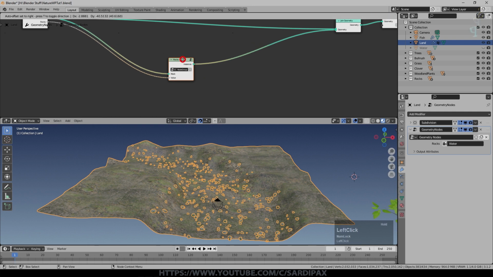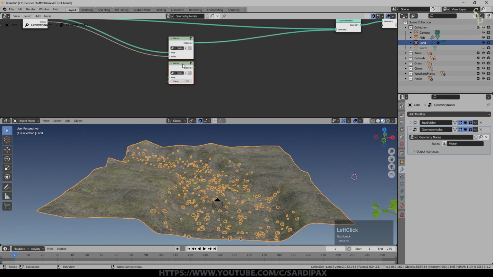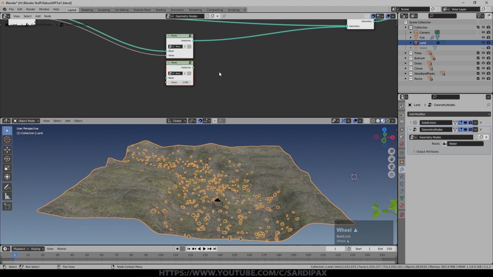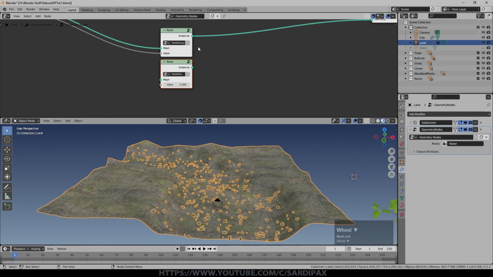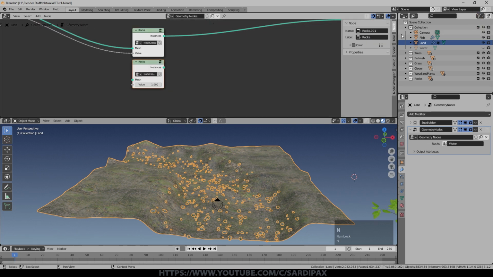So let's do the trees now. I'll duplicate that. But first of all, before you do anything, notice that a 2 has appeared in here. What that tells you is I've got 2 instances of this rock group. If I change either of them, they will both change, and I don't want that. I want this to be a unique group. So click that little 2 there and it will become its own node group. It's still called rocks at the moment, but if I press N and call up this side menu, it's actually rocks 001. We can change that to trees.